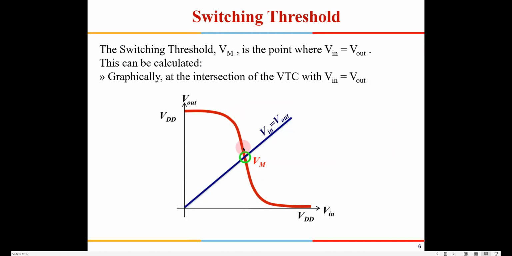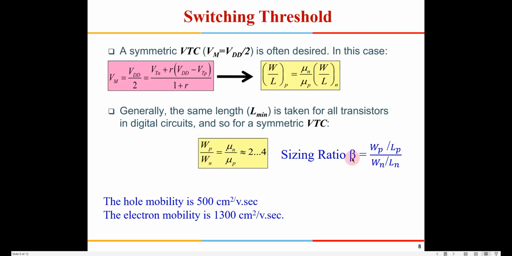then this curve will shift towards the left, because it will start falling off early. And if you are going to use a very strong PMOS, that is more than 2.5 or 4 times the NMOS, then it will take that much more time for this plot to start falling. That means a stronger NMOS will shift this curve towards the left, and a stronger PMOS will shift this curve towards the right. To keep it symmetrical with respect to VDD, we have to use the NMOS to PMOS ratio, which is known as beta.